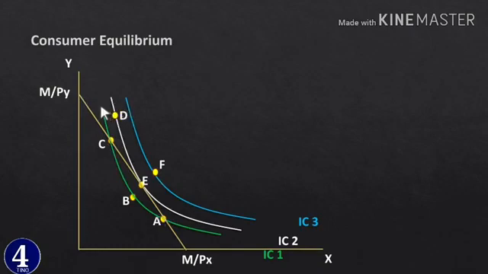D is also impossible because of our income. So of the possible points, which point did we choose? It is point E. What is point E? It is a point of tangency between the budget line and the indifference curve, so it is